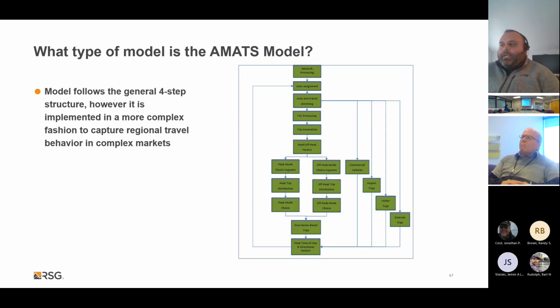And the log sums represent accessibility of travel by all modes of transportation, where each mode is weighted by its probability or share of use. And then the mode choice model is going to split the trips by purpose and into trips by purpose and mode. And then the AMATS model is going to run through its set of commercial vehicle models.